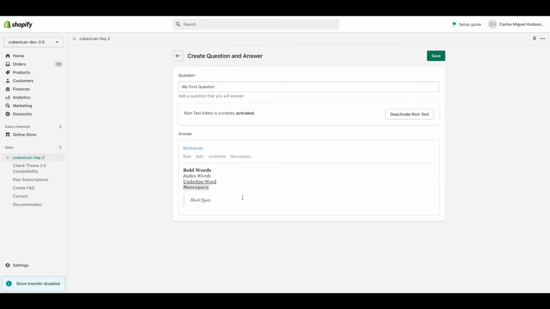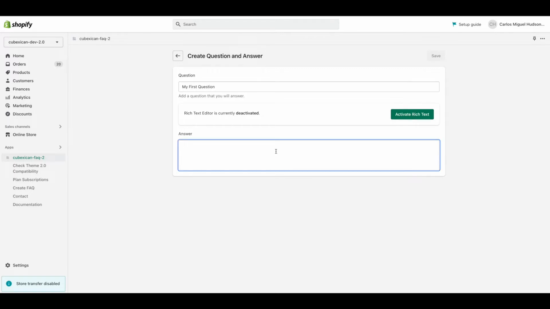So in this way, as you can see, we can set different types for the font. So in that way, if you want to highlight something inside of your question answer for your clients to understand better what is the purpose of the question and what should be some kind of keywords that they might need to see, this is a really good advantage of having rich text configuration. But if you don't like it, you can also deactivate the rich text, and in this case we will be just setting plain text. So in this case we can set my answer